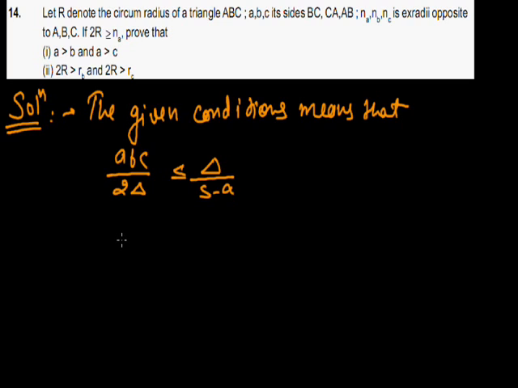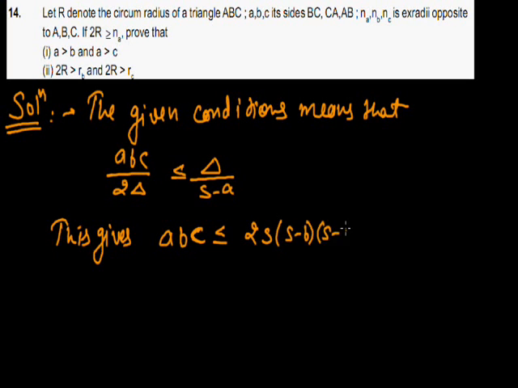where s is the half perimeter of the triangle. That gives us abc is less than or equal to twice of s into (s minus b) into (s minus c). If we write